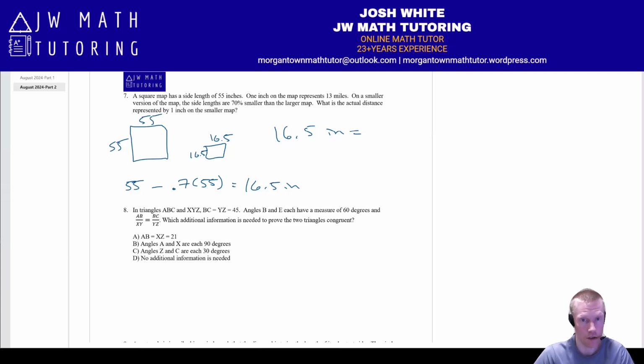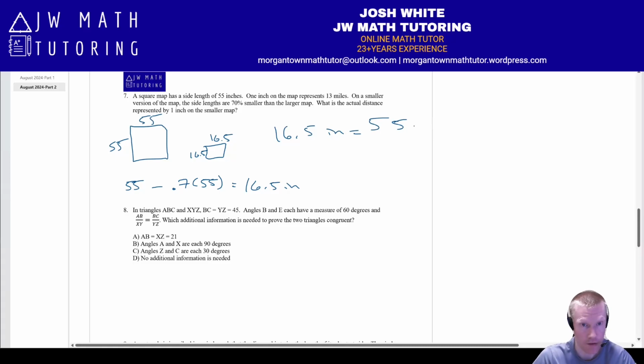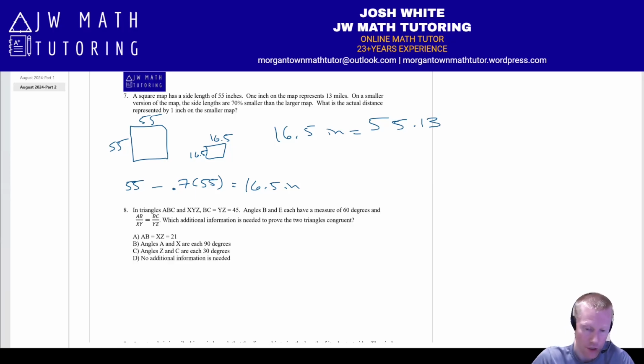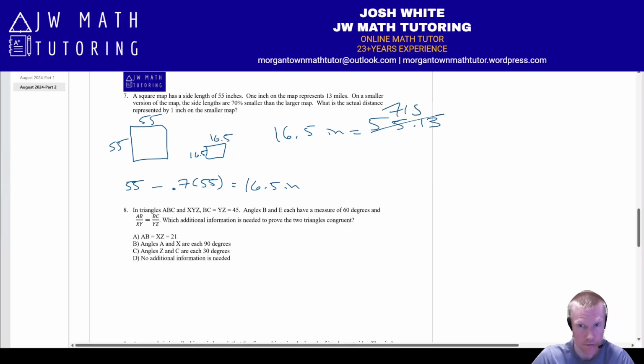So in the large map you have 55 inches times 13 miles per 1 inch, and that just comes out to 715. So the small map is representing the same total distance, the same 715 miles, but we only have 16.5 inches to do it. So, what is the actual distance represented by 1 inch on the small map? Well, we just divide this by 16.5. So if you do that, it should come out to